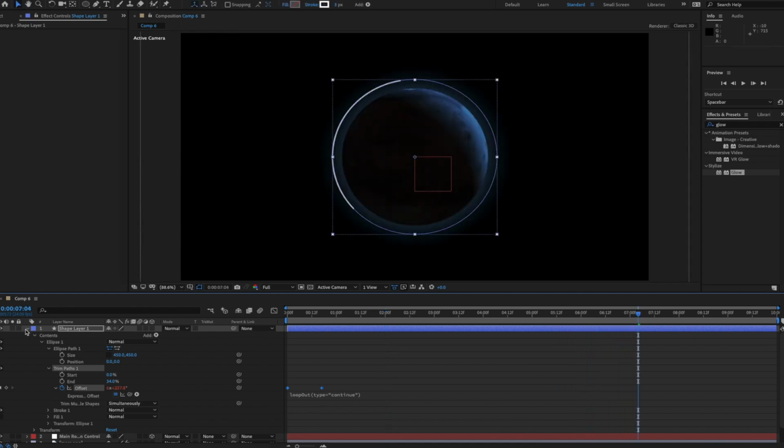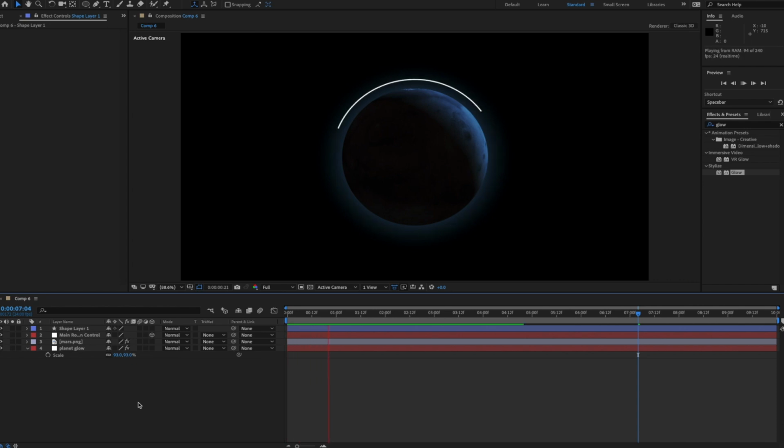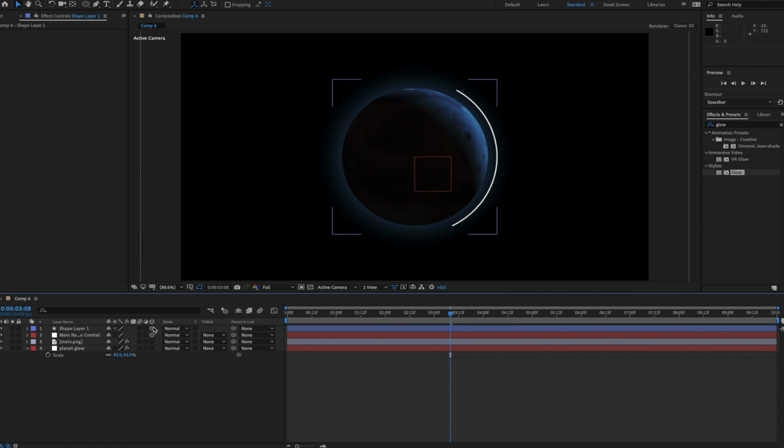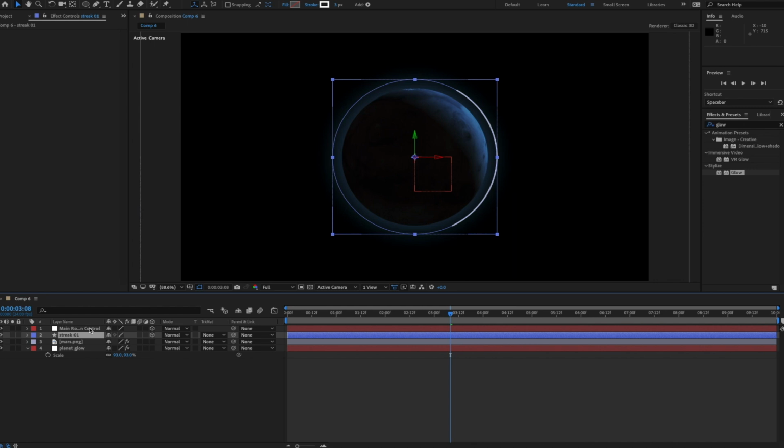Okay, so if I unsolo this, right now it's just going around the planet, which is not what we want. We want to make this thing actually loop in 3D. So I will make this 3D. Okay, and let's call this, for lack of a better word here, streak 01. Okay, let's put this below this main control null,